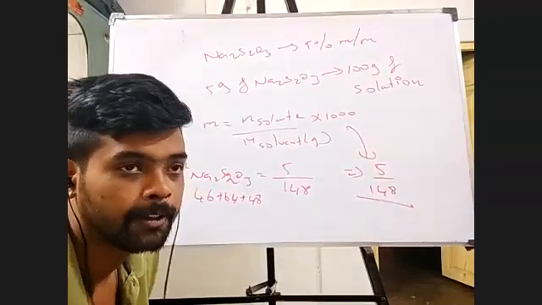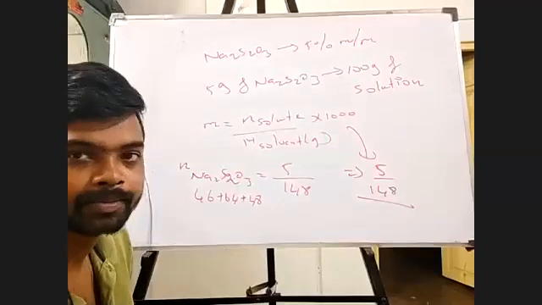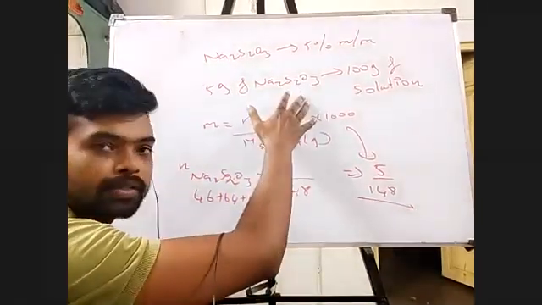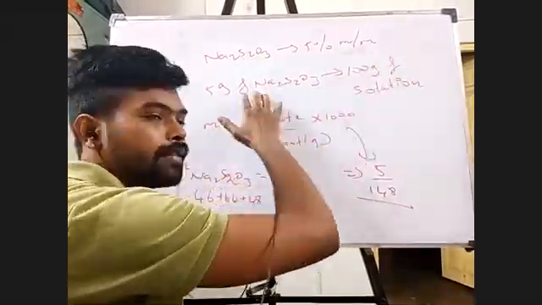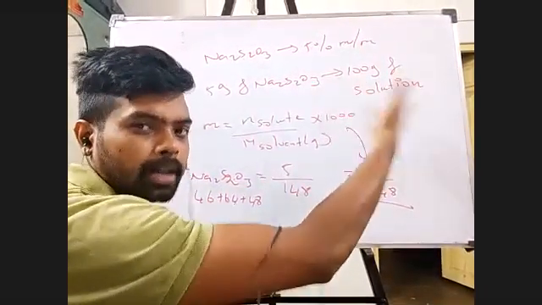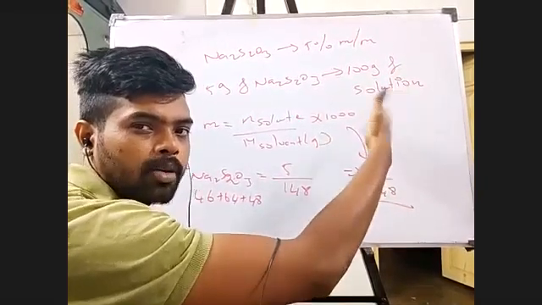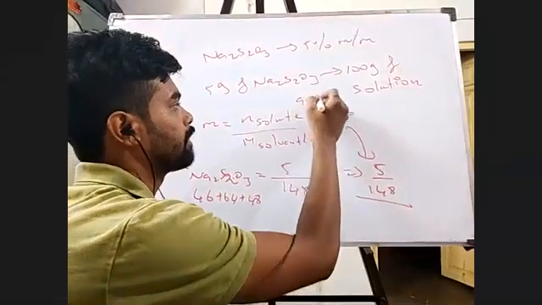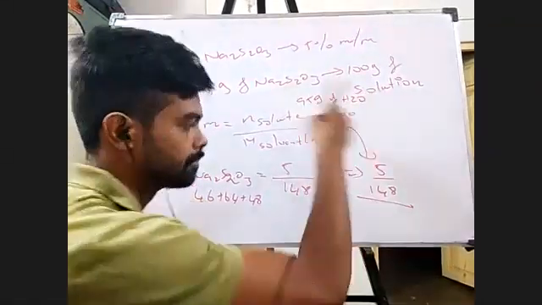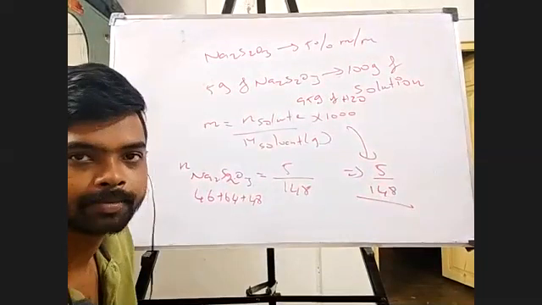-5. Sorry? I'm not able to hear you. 100 minus 95. Exactly, 95, isn't it? Why? 5 grams of solute is there, total 100 grams of solution, in that 5 grams of solute. So what is remaining? Only solvent is remaining. And what is the remaining weight? 95 grams. So I completely understand that I'm going to have 95 grams of water. That is understood, isn't it?